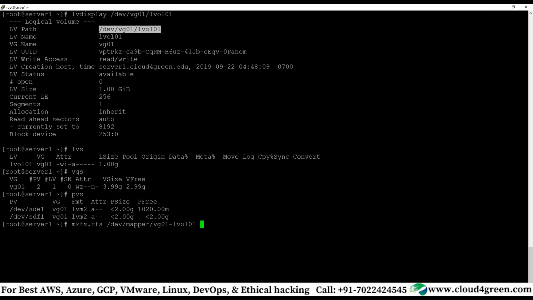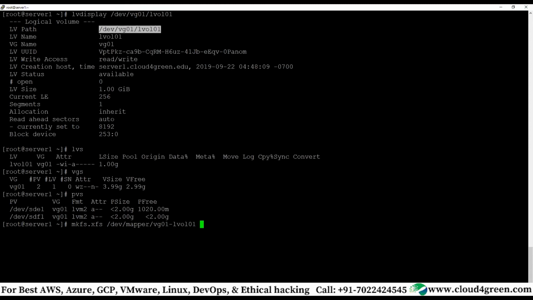Device mapper is basically used in logical volumes where the device is mapped to particular names. So the name is given as /dev/mapper/volume group name, hyphen, the logical volume name. That is the format.